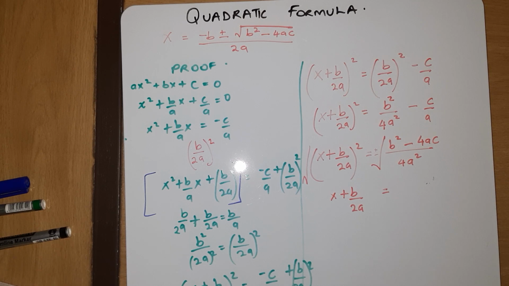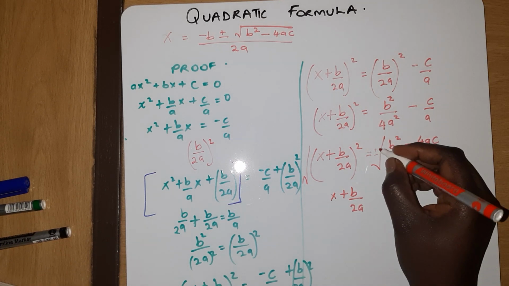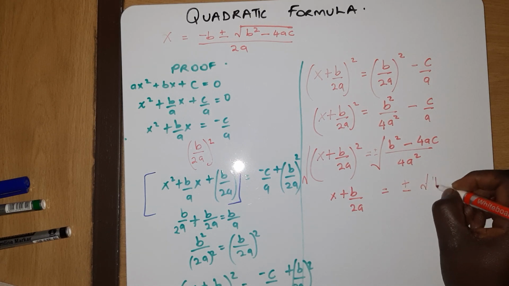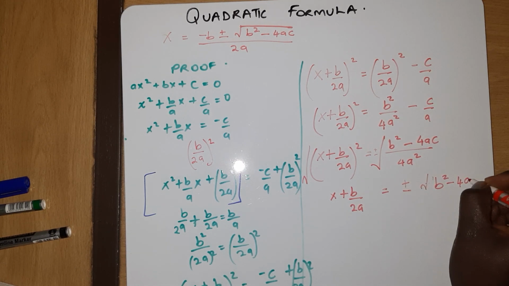It's the positive and the negative. The square root of 4 is 2, but it's not just 2, it's minus 2 and plus 2. So here it's plus minus root of b squared minus 4ac